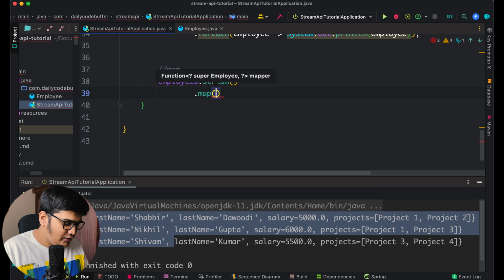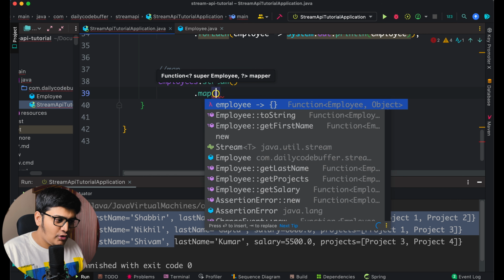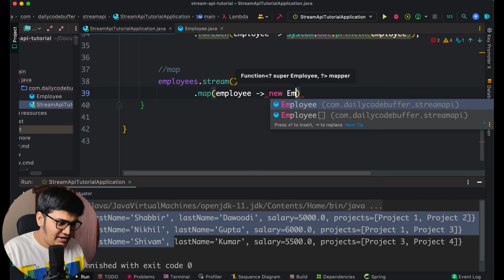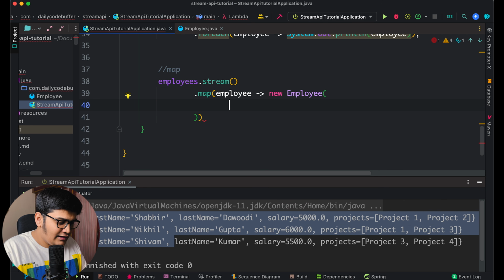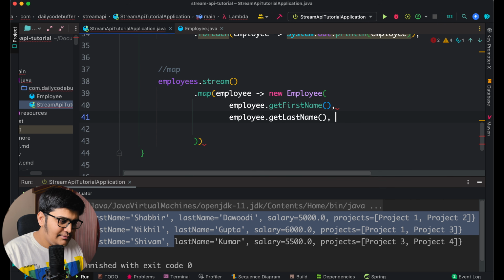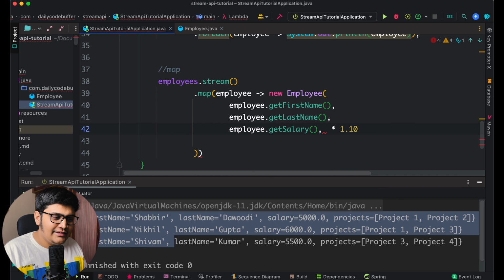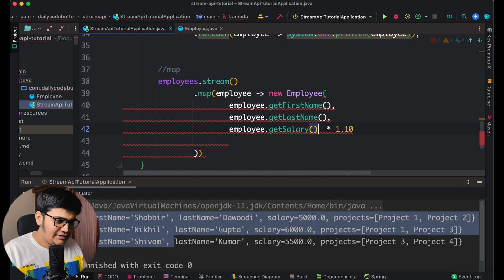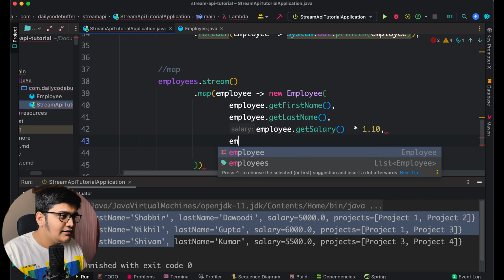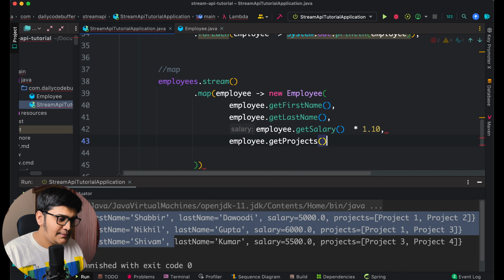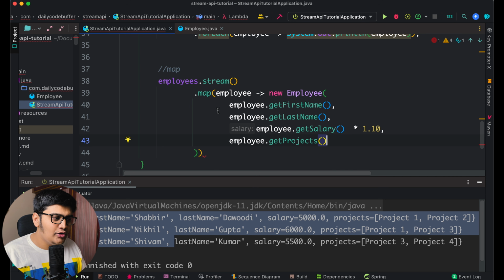So what I'm going to do here, I'm getting the employee, and for that employee I am creating the new employee object, and for this I'm getting employee.firstName, employee.lastName, employee.getSalary() * 1.10. So I am increasing the salary by 10% here. Then employee.getProjects. So here you can see that I converted into map